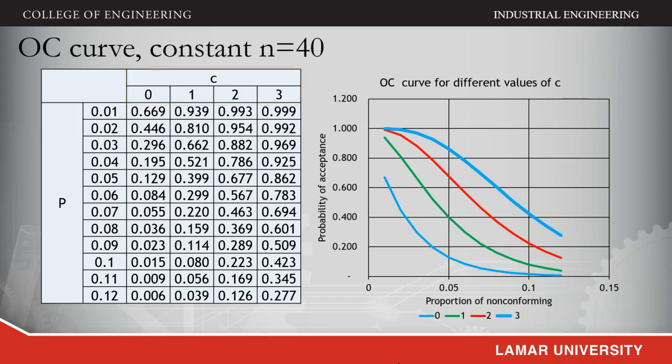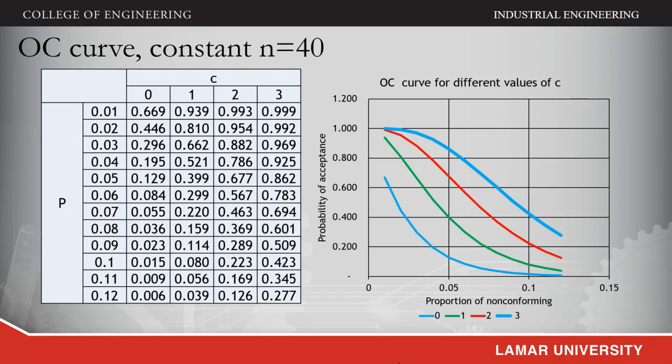And now you can see that in the case that we have an acceptance number that is higher, we are more permissive, naturally speaking, because even if we find some non-conformities, we still accept the lot. And these two behaviors are the trade-offs of what we need to identify as a good combination of N and